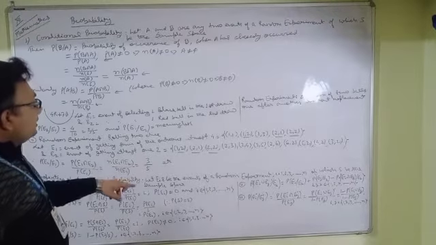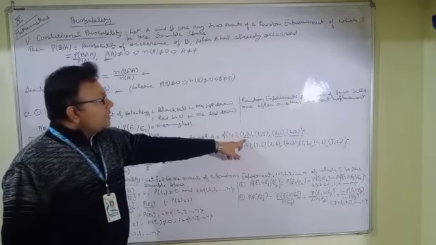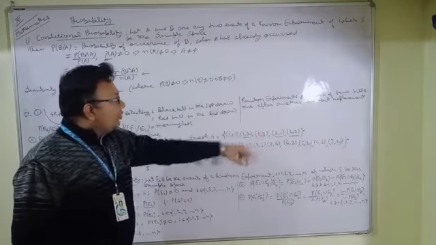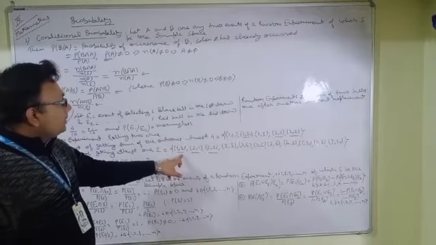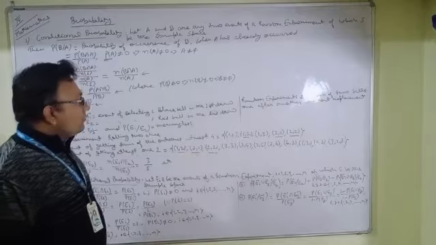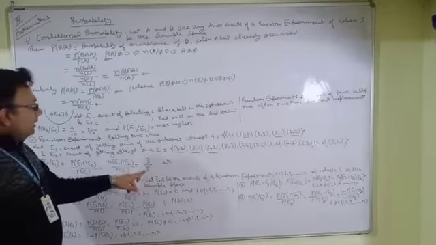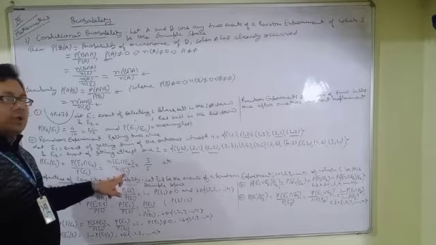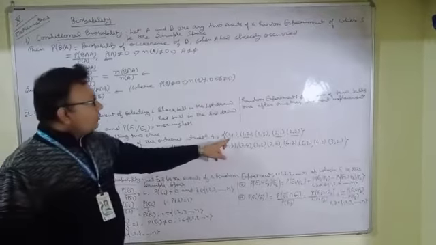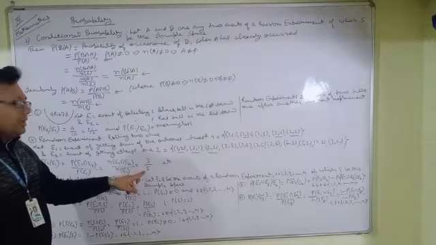Why? Because E1 intersection E2 will contain the elements (1,2), (2,1), (2,2). So there are 3 elements common, and the total number of common outcomes is 3. That's why in the numerator we can write 3, and in the denominator we can write the total number of outcomes favoring E1. Here the total number of outcomes is 1, 2, 3, 4, 5, so that's why we have written 5.